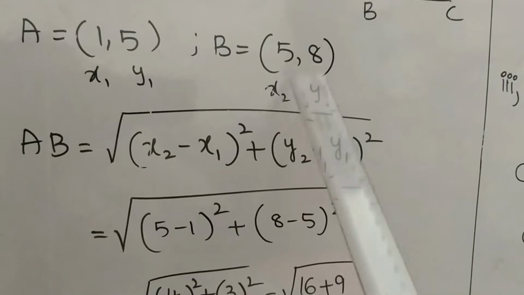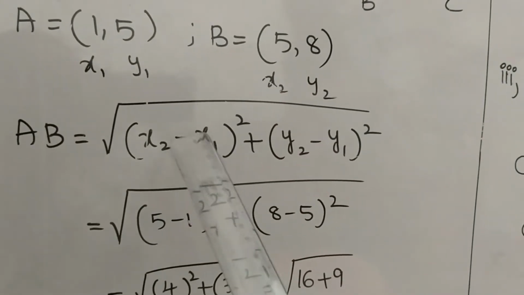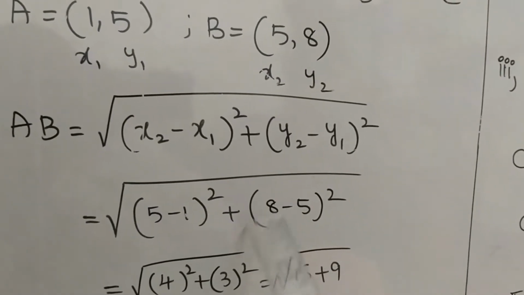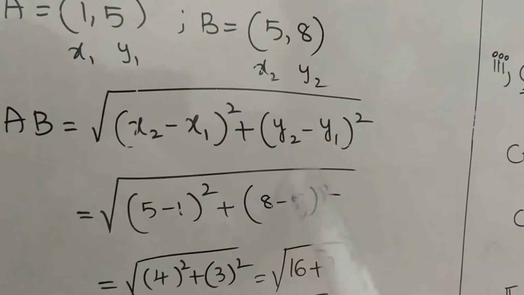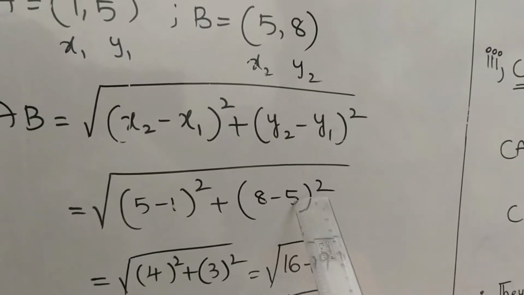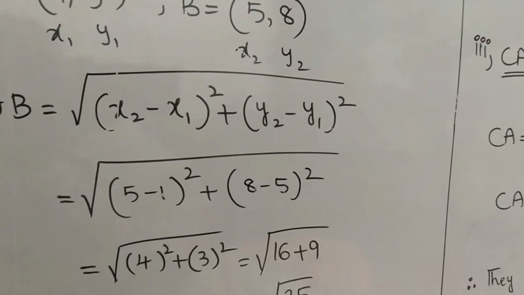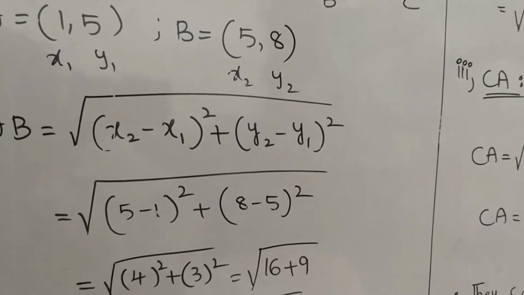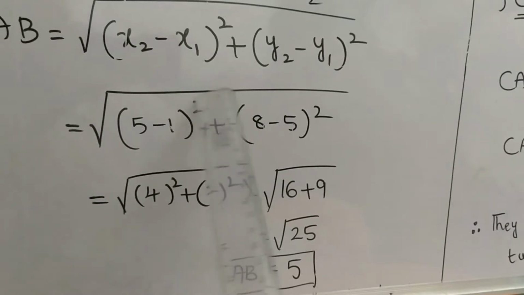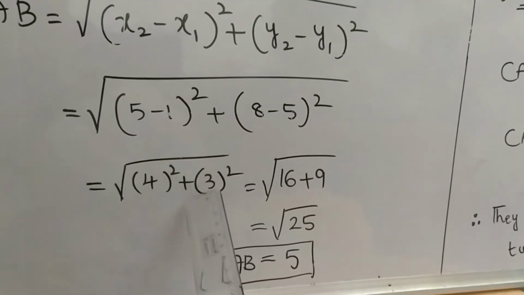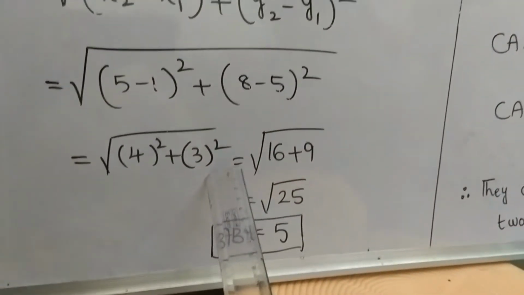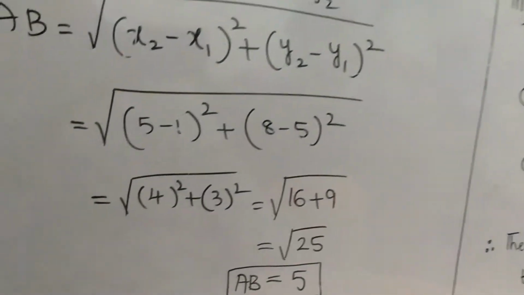So what is x2, students? Here it is 5. So take here 5. Take the minus as it is and x1 is 1. So take 1 whole square plus y2 is 8. So take 8. Here minus is there, write minus. What is y1? y1 is 5. So take here 5. Yes, here we are doing just the substitution as it is, whatever the values are. And now see, 5 minus 1 whole square, 5 minus 1 nothing but 4 whole square, plus 8 minus 5 whole square. What is 8 minus 5, students? It is 3 square. So here we are taking 3 whole square.